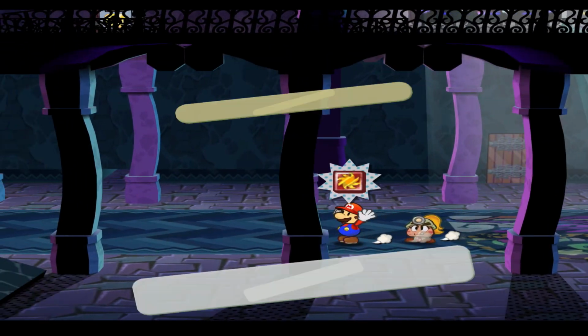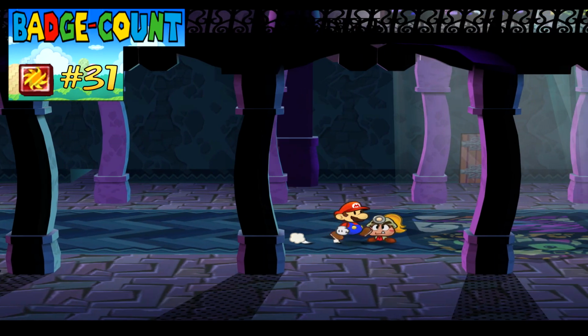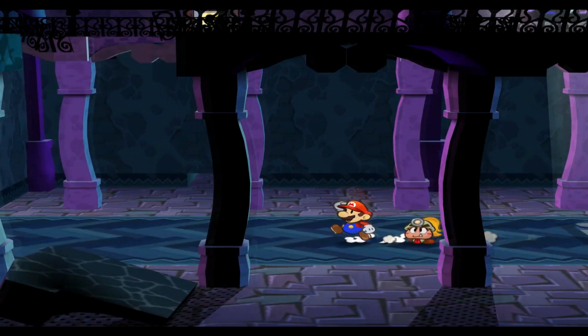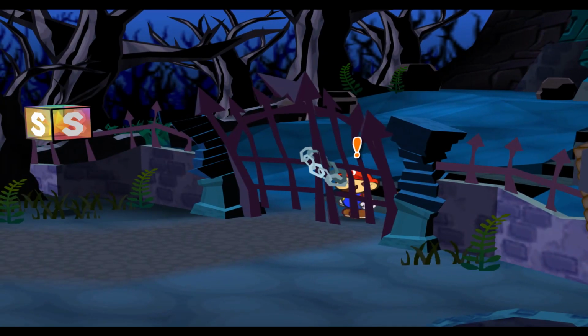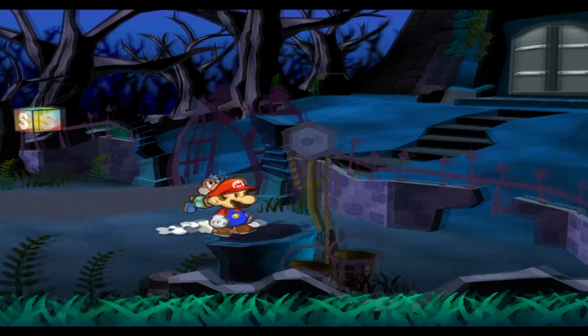He also drops this, by the way. A Lucky Start, which is very good. It makes something good happen when you first enter the battle. It's always nice and dandy, one of the best badges in the game. Once you're actually on this side, you can just open the door and remove the chains. And if you jump down here,